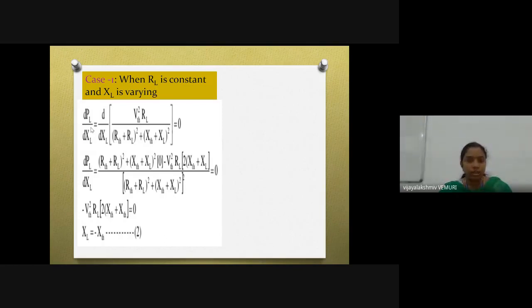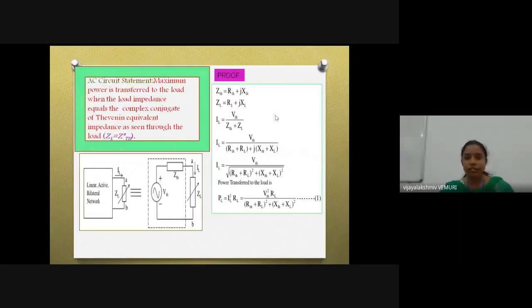Understood? Okay, you just take down the equation before for this one. Every one of you, I'll just give you 1 minute time. You just note down all this and you need to differentiate the power with respect to XL, and you have to tell me whether you got the same answer or not. I'll give you 1 minute time for noting down these equations till equation 1. Make it fast.